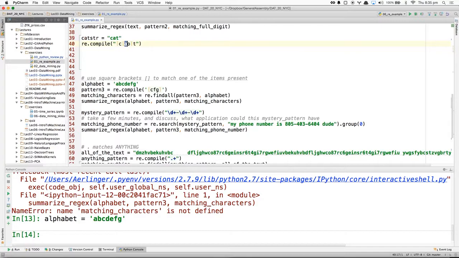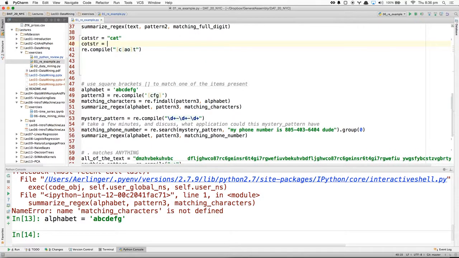In other words, it's saying if it's an A or an O, then match it. So it's going to find the C. It's going to say, okay, I've got a C. Is it an A or an O? Yes, it's an A or an O. Is T a T? Yes, T is a T. So in other words, it would match if I did the cat string, but if I did cot, it would also match cot. Make sense?